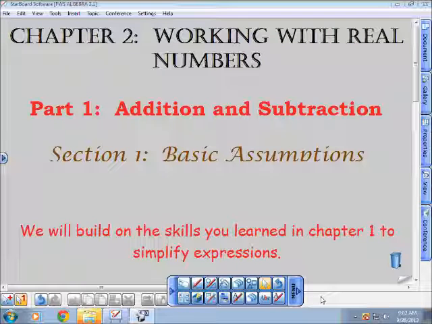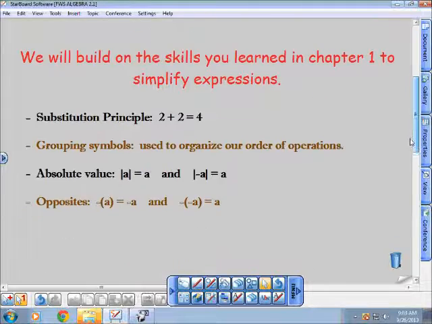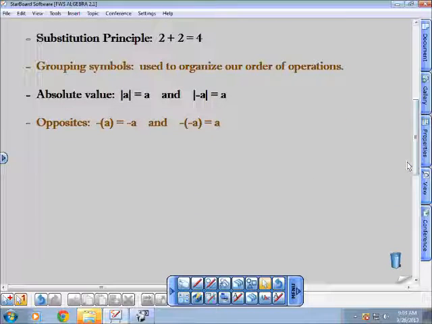So make sure you have your notebooks out. We're going to take some notes. We're going to learn some new properties. We're going to build on the skills that you guys learned in Chapter 1, that we just did the test for. So remember from Chapter 1, some of the things that are really important to remember for this chapter is